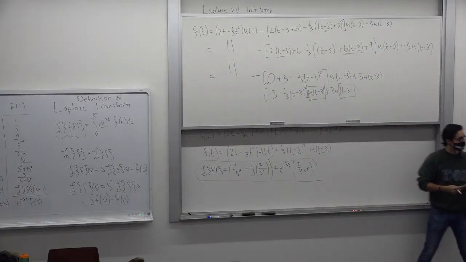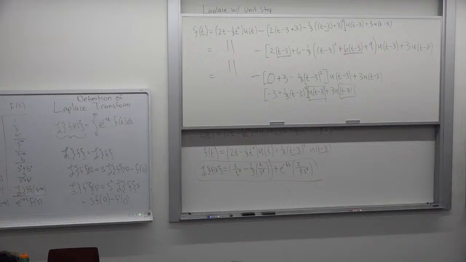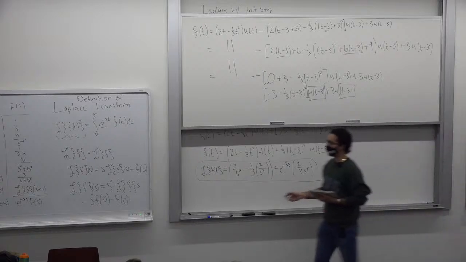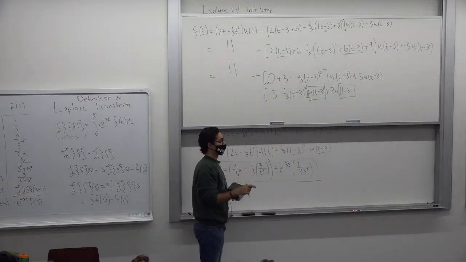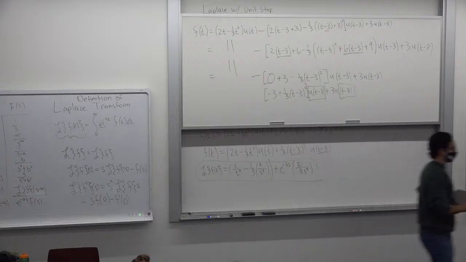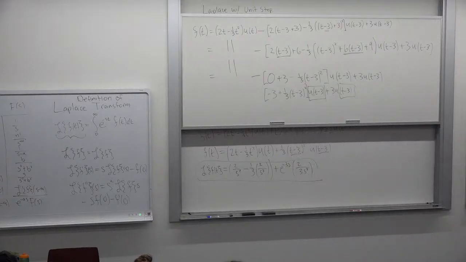Yeah. E to the negative 3s. So, because in our formula, it's e to the negative as. Right, so you have the formula out. So it's